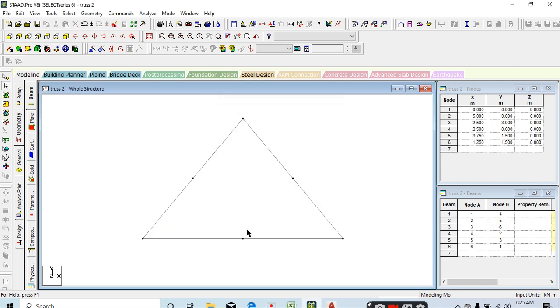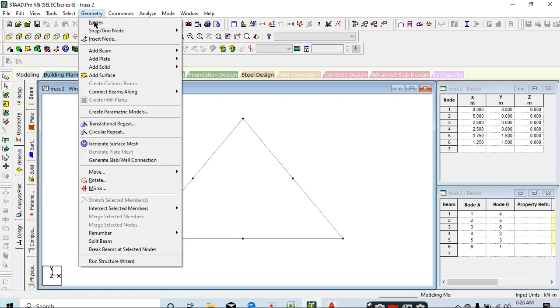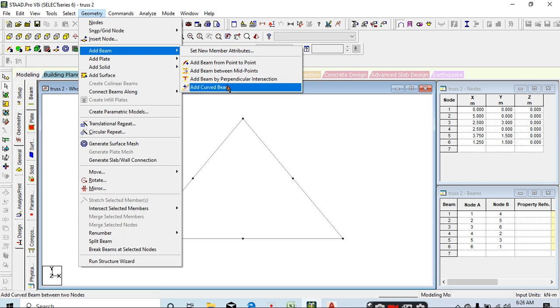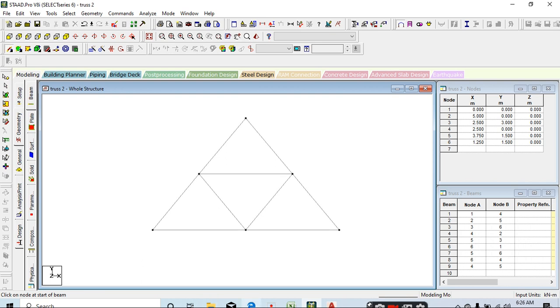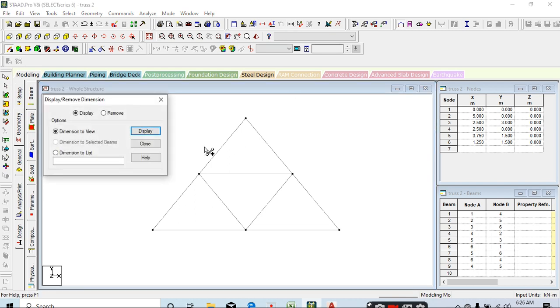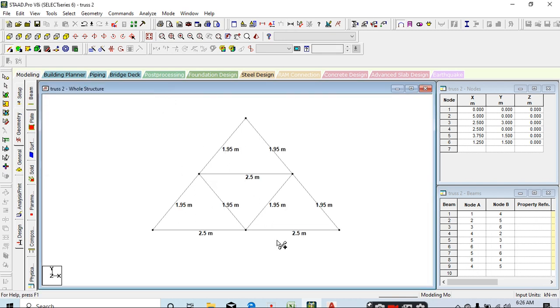If it is not visible, then press Shift K. Then go to add beam, or you can go from geometry, add beam, from point to point, and join all the nodes where you want to create members. Geometry is complete. Go to display for the display of dimensions. It's our truss.